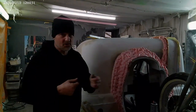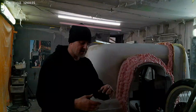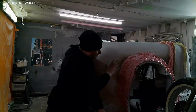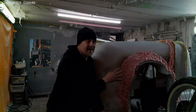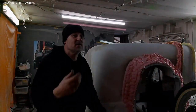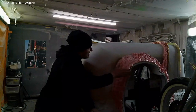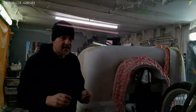I always use a gun, so you use the gun grade foam. I always have the gun turned right down, so it's almost like a 3D printer in your hand. But yeah, get it on to nearly the shape, and then I'll let it dry so it's really dry, and I'll sculpt it with the angle grinder and the sander, and that will give me this nice lazy curve into the body of the car, as if it's sort of